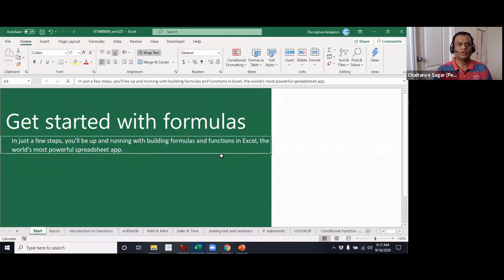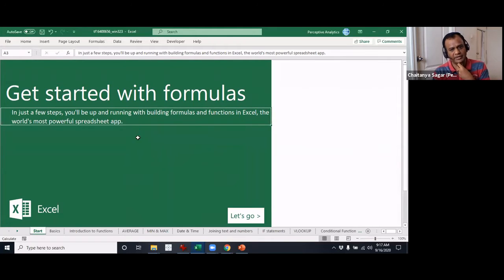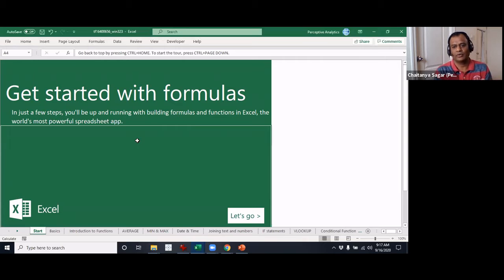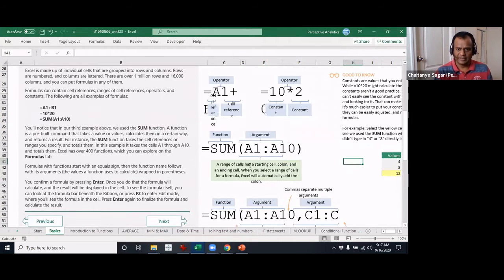There is a good workbook called Getting Started with Formulas. I'll use some part of this. A good chunk of what I'm saying, some of you may be aware of it. I apologize, because I also wanted to ensure that those who do not will also catch up with it. There could be some that you might learn, but if you have something more, please add so that everyone knows what it is. So let me just get to the anatomy of the formula.